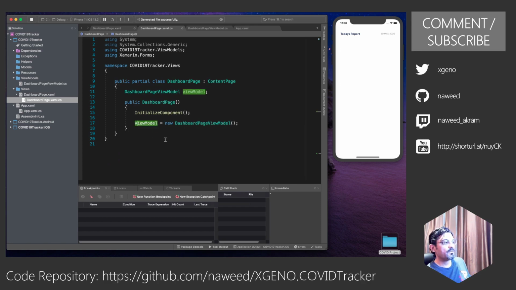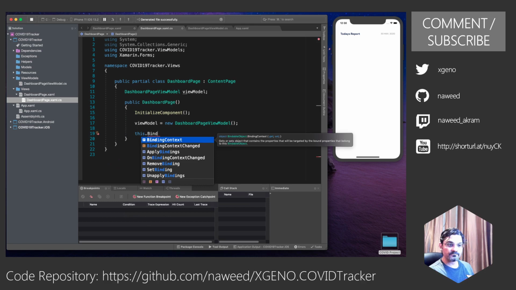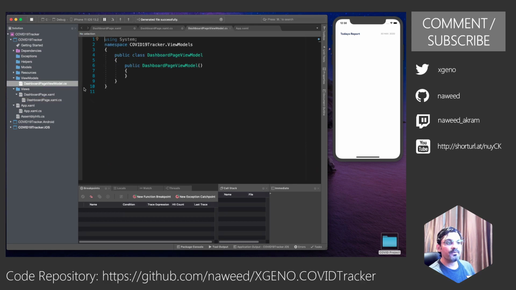Here you go. So we are setting the view model to the dashboard page view model, and then I will say this dot binding context is equal to this view model. Now what I can easily do, I can come over here and create some properties in this view model, and these are the properties which we can bind in our page. So let me show you just as a sample, then we are going to fix it. So public string, let's call it some title, get set equals to